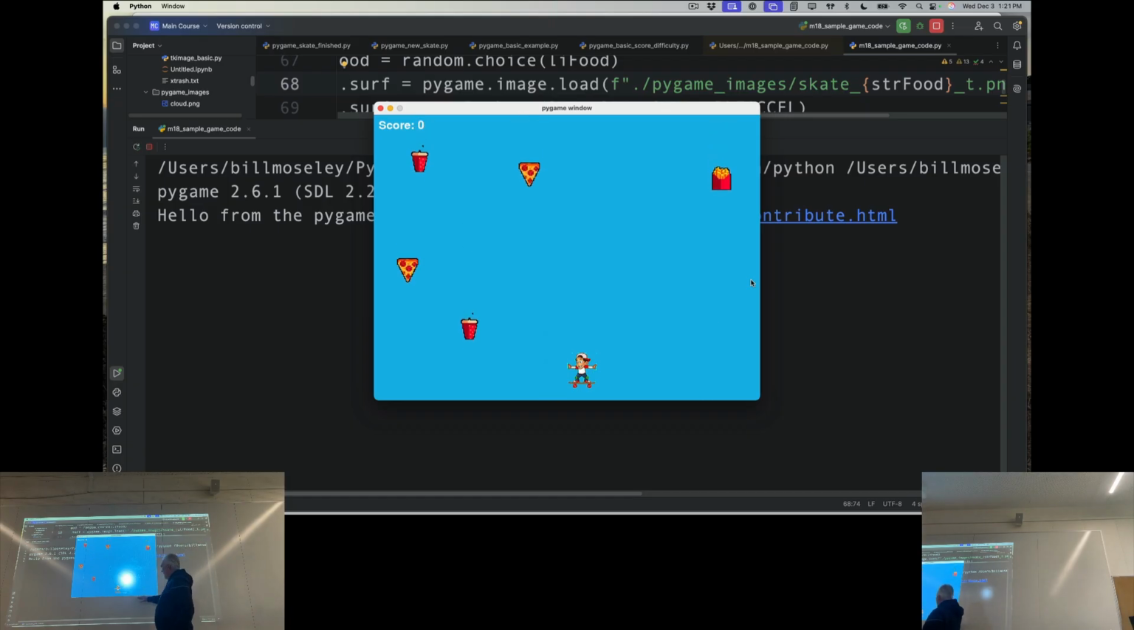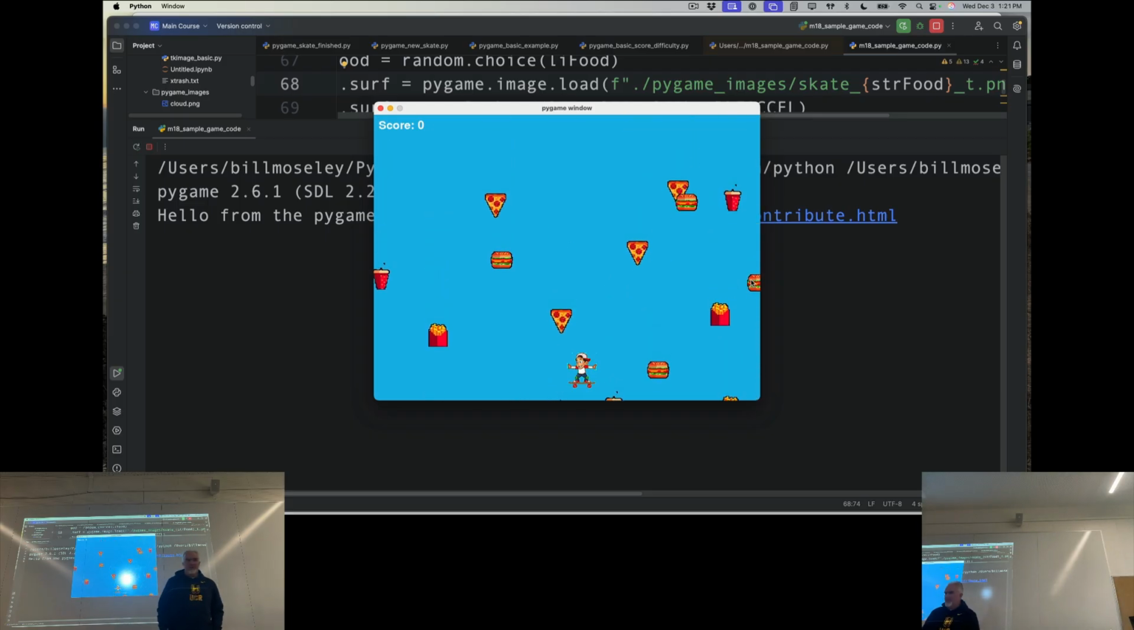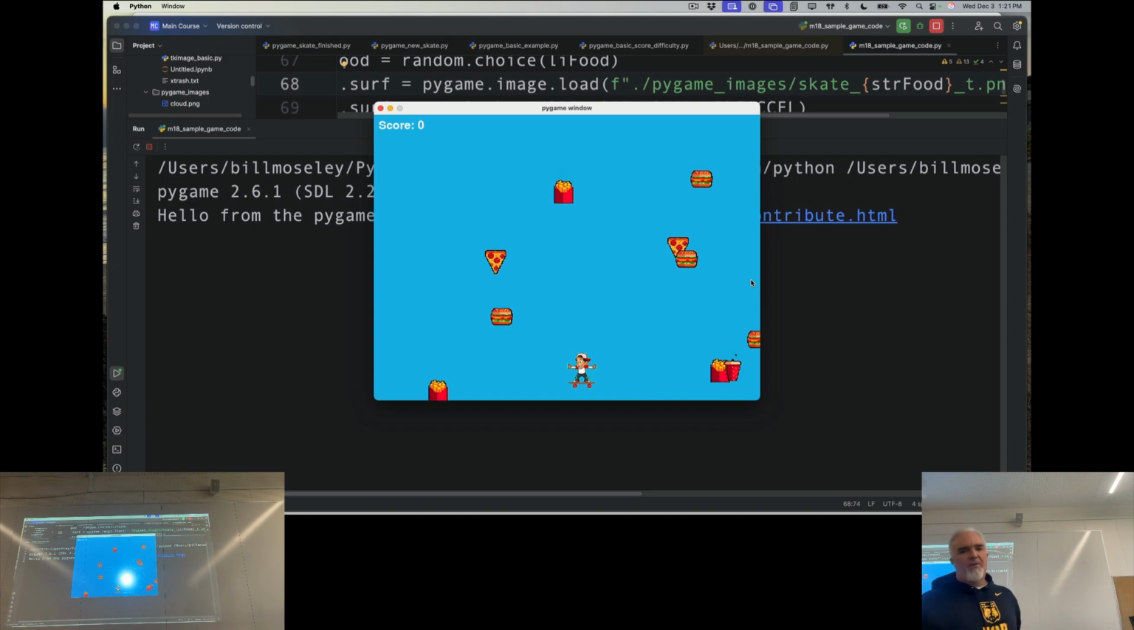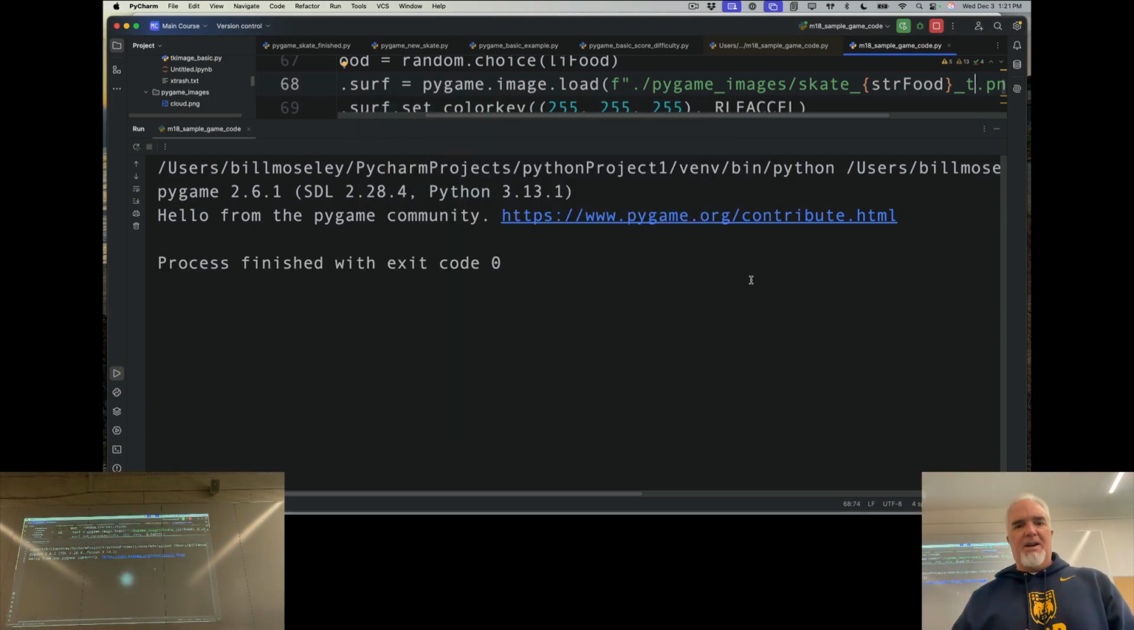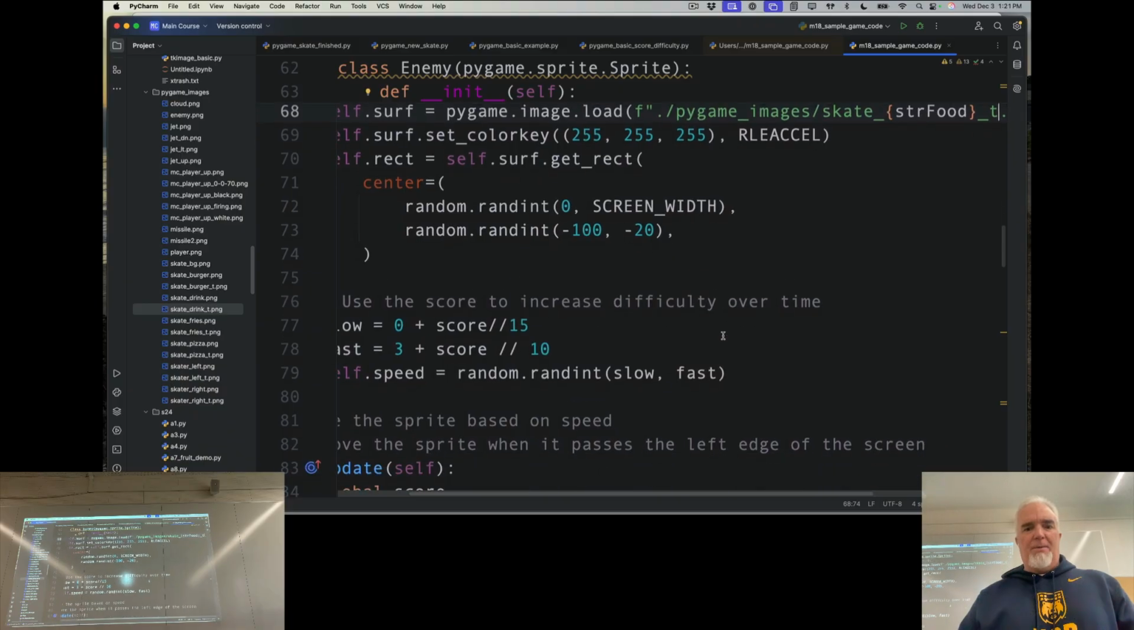I want it so that when the food hits the bottom of the screen, you lose. And then when the food is touched by the skater, you get a point. So it's kind of flipping the game conditions, right? Because before you were trying to dodge those things and now you're trying to catch them. So the first thing I want to do